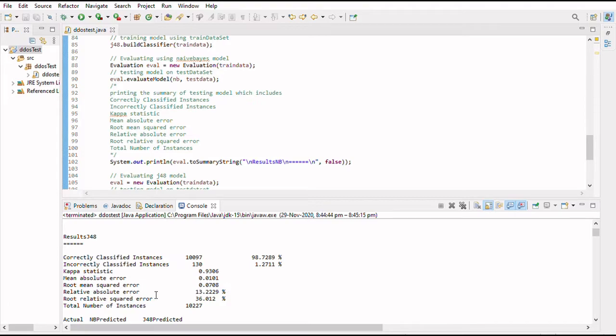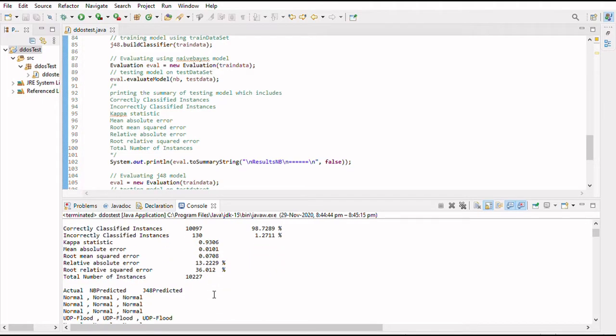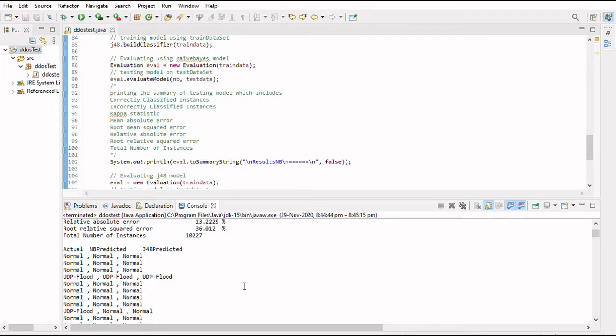Root relative squared error is 36.012%, and total number of instances is 10,227. Here are the actual, NB predicted and J48 predicted outputs as follows.